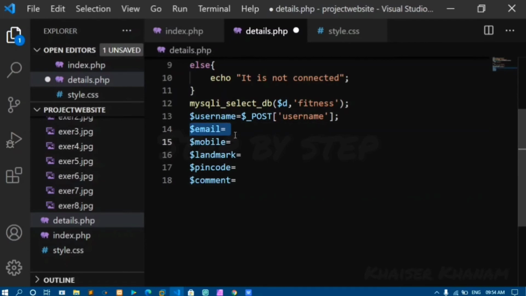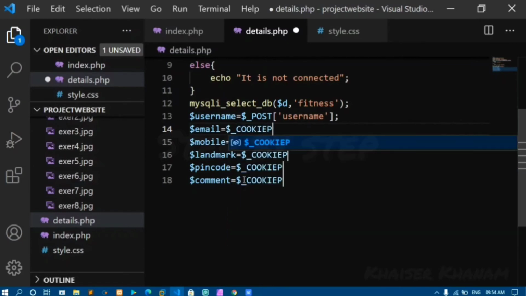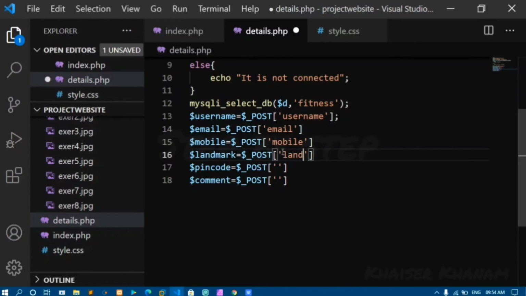Now I'll take multiple cursors here, click on the Alt key and I'll write this one, post method. Now inside email I'll pass email, inside mobile I'll pass mobile, landmark, pin code, comment. I have passed my values here.